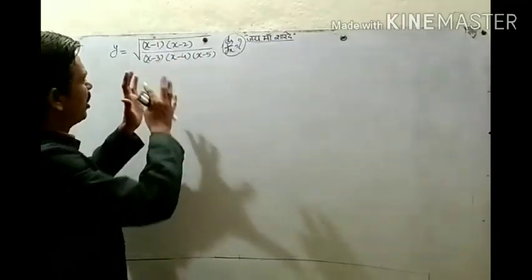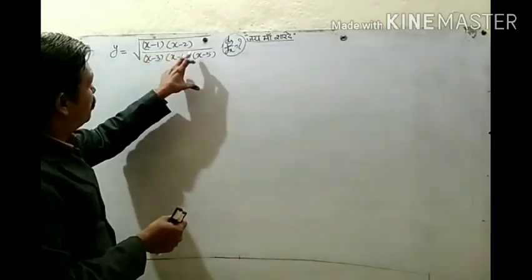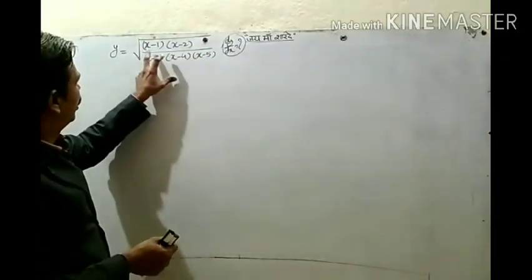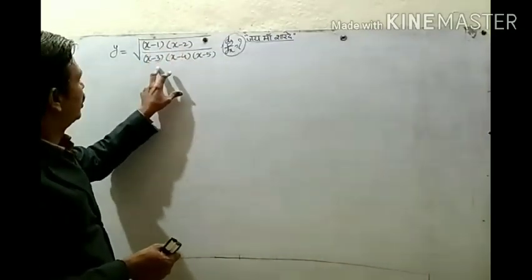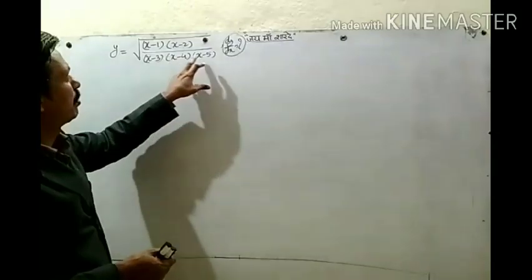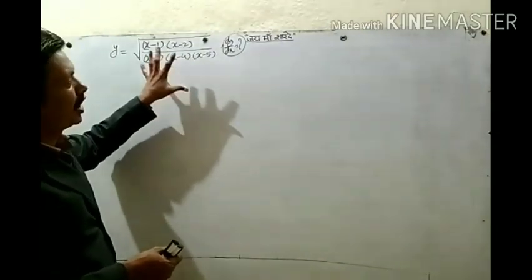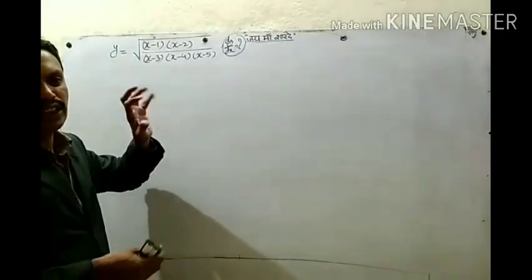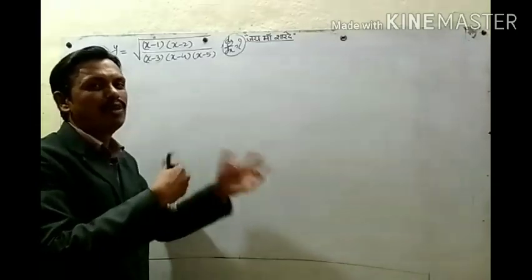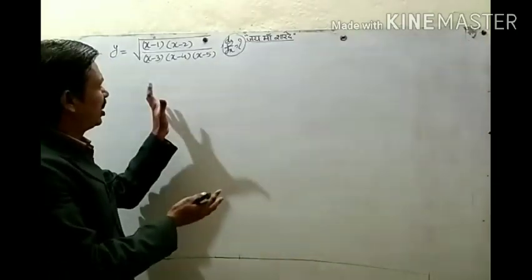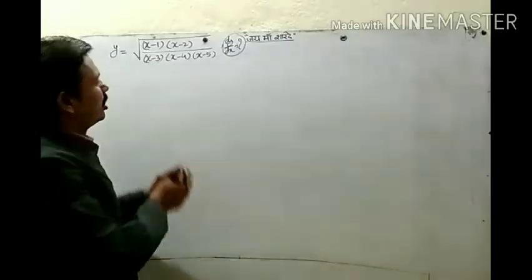If your function is very complicated or it has only a product of expressions, here we have only products: x minus 1 and x minus 2 are multiplying, and in the denominator x minus 3, x minus 4, x minus 5 are multiplying. Okay, so in this type of question also we can use log when the given function is a product of expressions and it is very complicated. Directly, if we differentiate, it is difficult to differentiate. Then we can also use log.